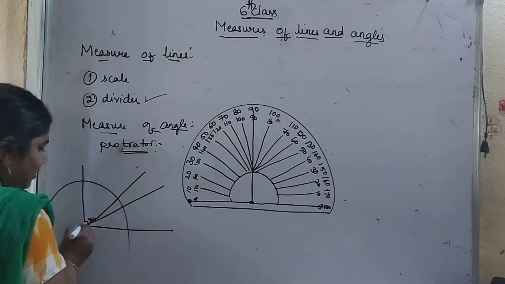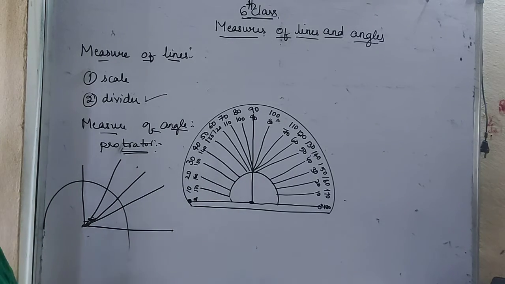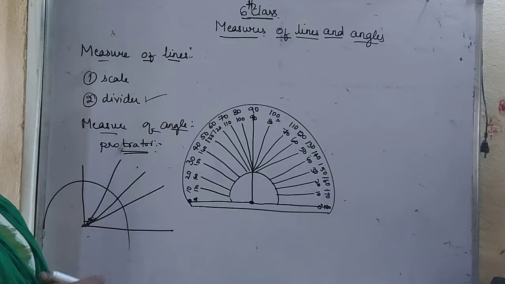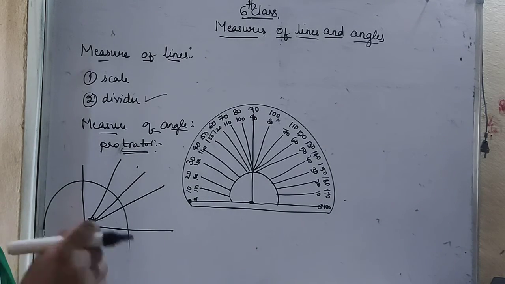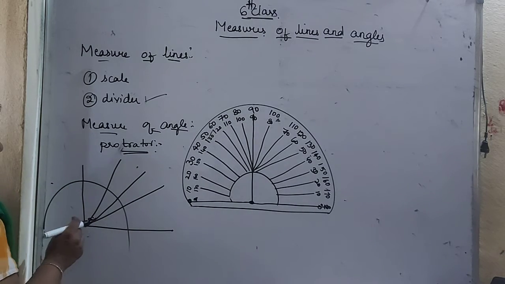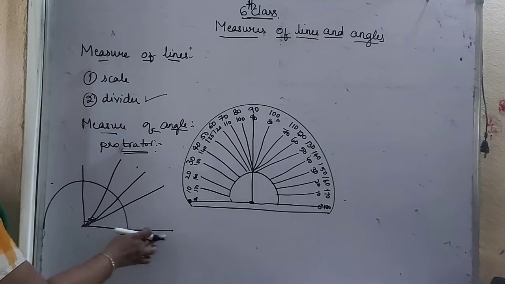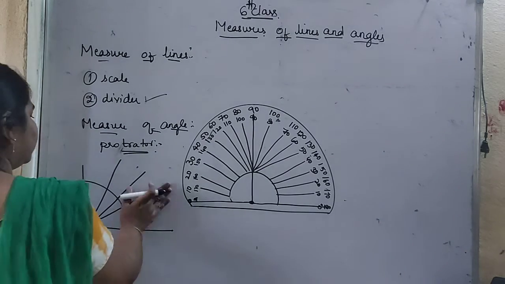It can be like this, it is an acute angle. It will also be in this form, that is an acute angle. So if the point is lying inside the line, that will always be an acute angle. If the point is lying outside the line, this is a line and the point is lying outside, so this is called an obtuse angle. So in this way we will measure the angles.